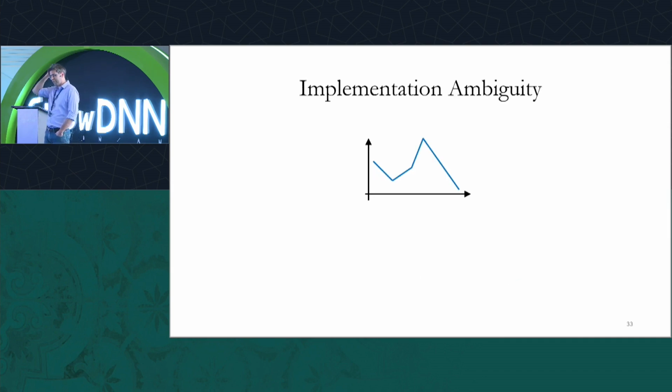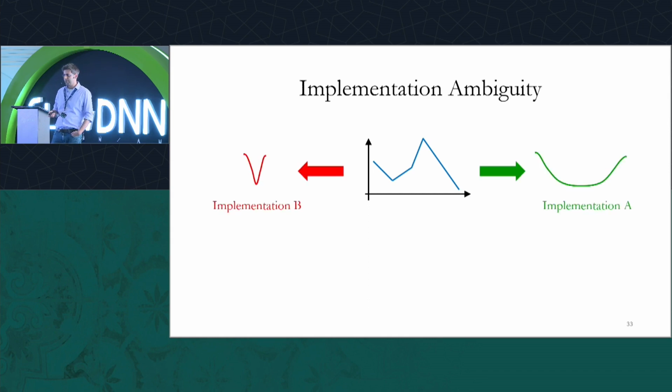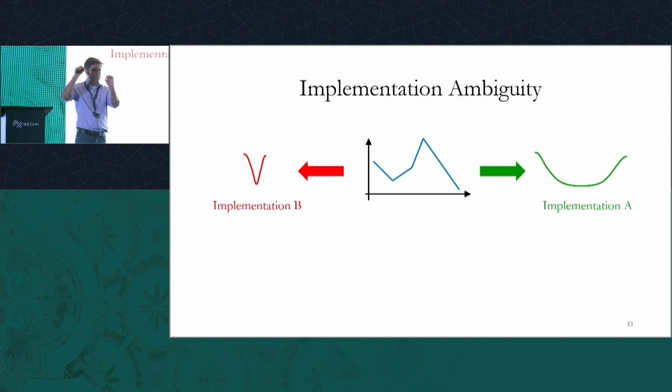To answer this question, we first had to answer a more basic question: how do you define the flatness of some function? Say we converge to this function with a neural network, what is the flatness, or the lambda max of the Hessian, for this function? It's not really clear, because there are several implementations we can use for ReLU networks to implement this function. One implementation can be flat and one can be sharp. For example, if we just multiply the first layer and the second layer by some constant and change them, we can change this sharpness quite arbitrarily.